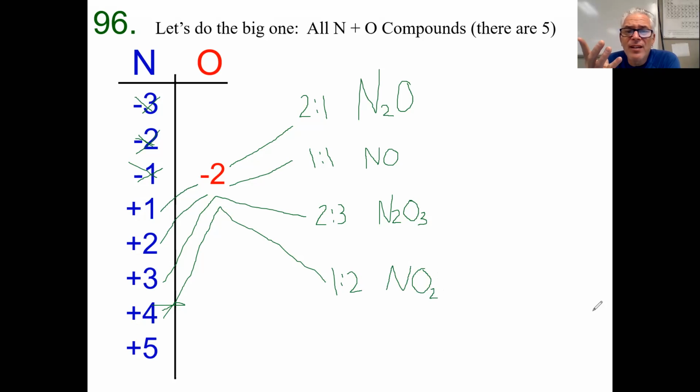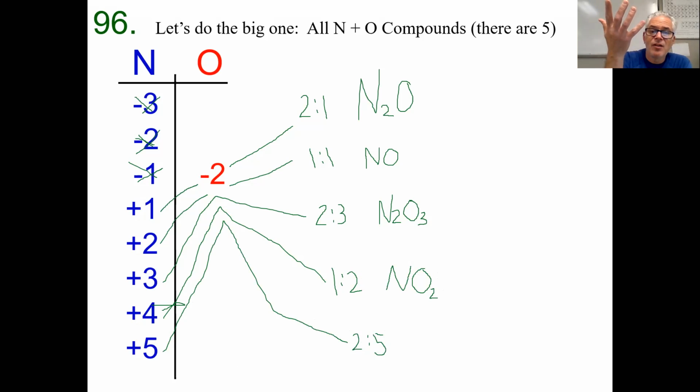NO2. That's a 4th separate nitrogen-oxygen compound, and we still got one more. If we use the +5 oxidation number and the -2, this is going to have to be in a 2-to-5 ratio. Now let's talk about how I knew this. If it's +5, if we have 2 of them, that's +10. And the oxygen's a -2, so we have 5 of them, -2, -4, -6, -8, -10. So +10 by getting 2 nitrogens, -10 by getting 5. And so this, of course, would be